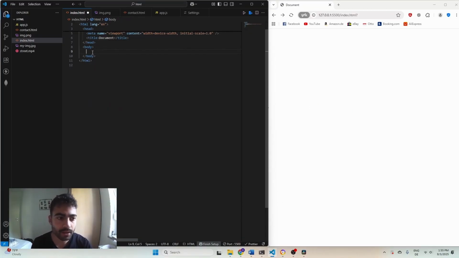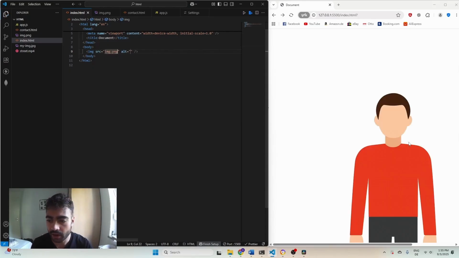Today, we learn about absolute and relative paths in HTML. First of all, to understand what a path is, we use the image tag, because this really gives us the chance to understand them. And if I'm in the index.html file right now, I need to define the path to my image.png to display an image. So I can, in this case, just say, okay, the image is in the image folder